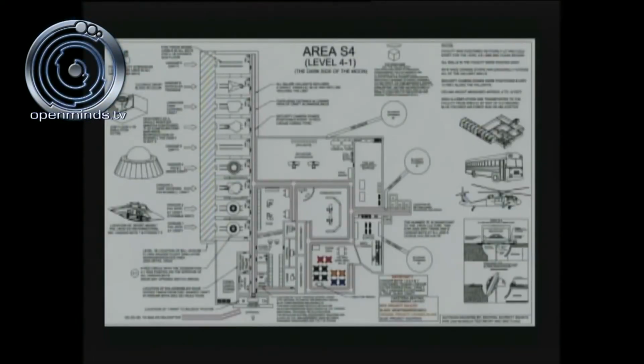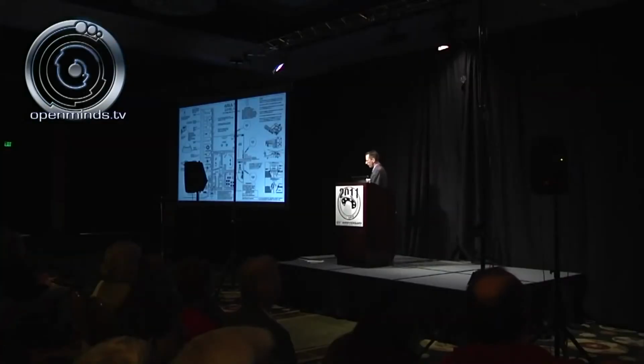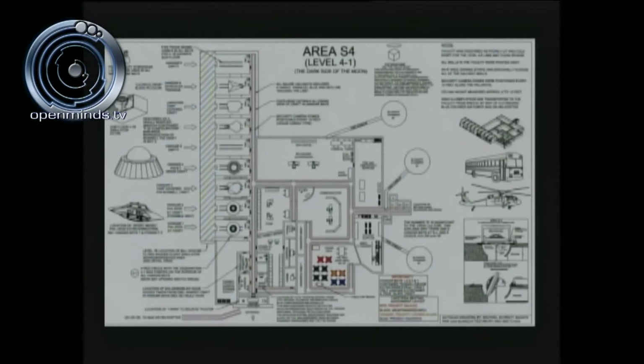Now, area S4, 4-1. This is the blueprint that I was able to put together under the direction of Dr. Dan Burisch. The first thing that happens when you enter that door is you see this long hallway here, very long hallway. It has the same type of line configuration or stripes on the floor. To the left, you'll see a red line. You cannot go to the left. On the right, there's a blue line. You can get access to that. So we're walking up here.